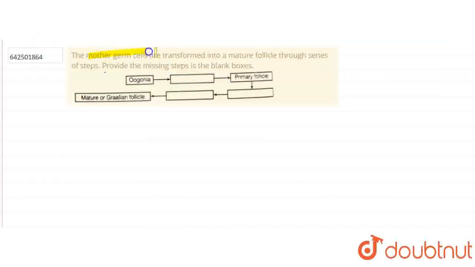Statement is the mother germ cells are transformed into mature follicles through the series of steps. Provide the missing steps in the blank box. So the question is associated with the oogenesis, and then we should know the flow or the sequence of oogenesis so that we can fill up these boxes. So oogenesis